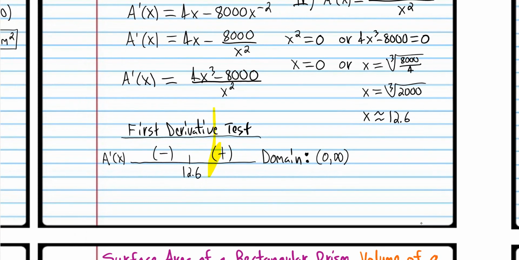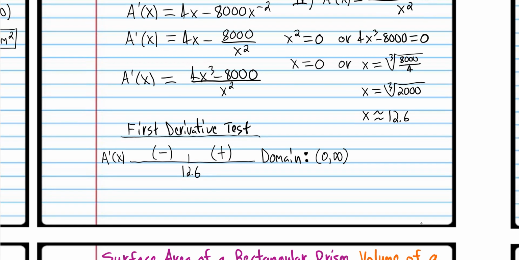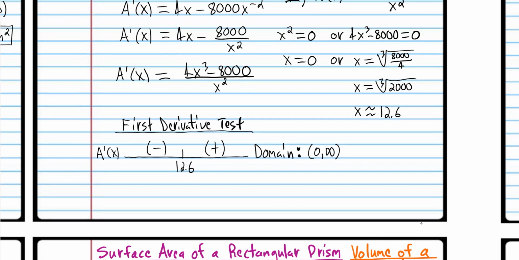Because if you have a number that you plug in here that's really big and multiply by 4, you subtract 8,000, you're going to get a positive number, because this number is going to be bigger than 8,000. So if that confuses you, you can go ahead and just plug in the numbers and use your calculator and figure that out for yourself. But again, writing that out is just going to take way too much time. Okay, so now